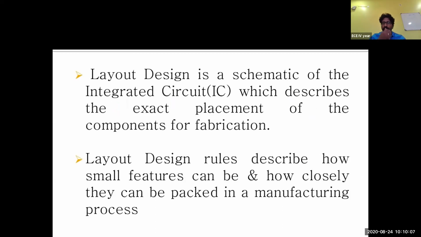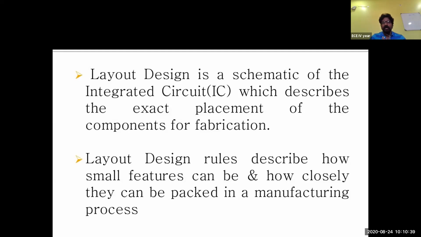And it also tells about how a particular component has to be placed exactly in order to go for the fabrication process. So if you want to go for the fabrication process, each and every component has to be placed in a correct manner, so that no kind of errors will occur, like parasitics, and we should even look at the delays which occur while placing these components. So in order to overcome all these kinds of